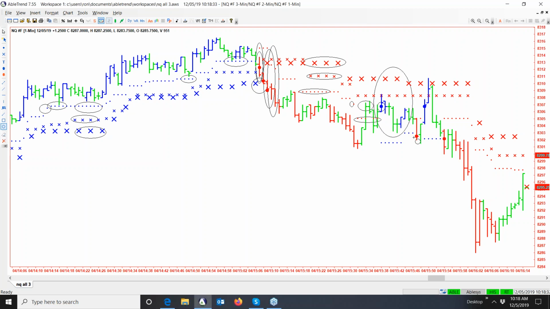There's a no trade zone. And look how choppy and sideways it was. It's a good thing we didn't trade during that time. Here's another no trade zone. Any blue or red means stay away. It's just not low risk enough for AbleTrend to recommend trading. And we only want to recommend, with our algorithm, in our opinion, the lowest possible risk trades.